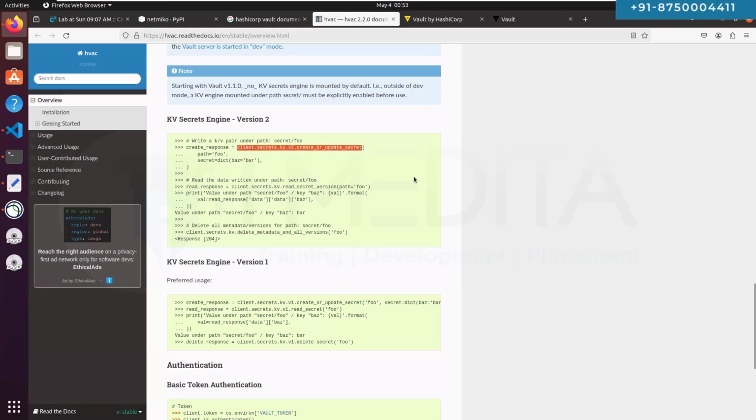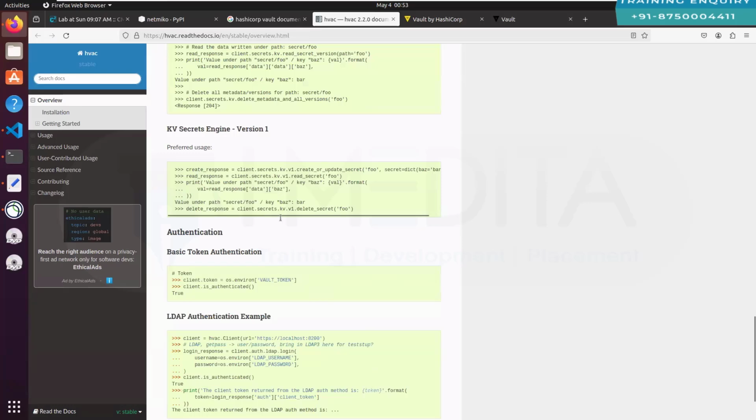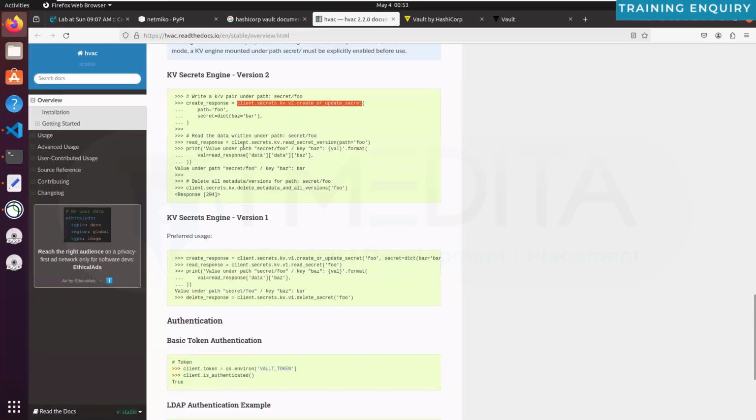Because it's a tool, it has some documentation. So documentation plays a very big role while writing the code. The logic will be yours, but for everything you are not aware of, you need to pull this documentation out of HVAC and start going through it. We will write the code as per this